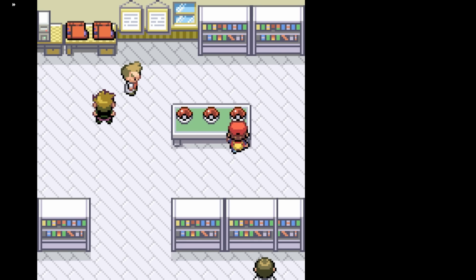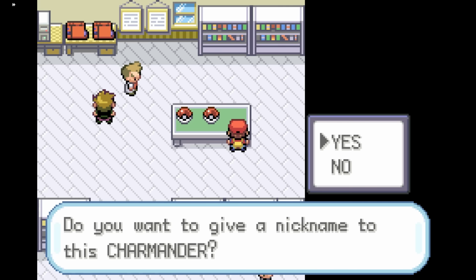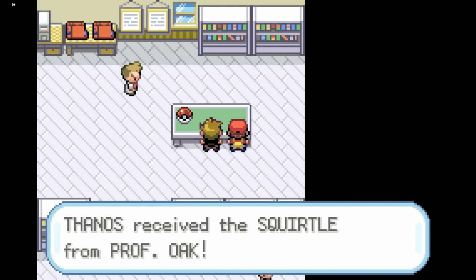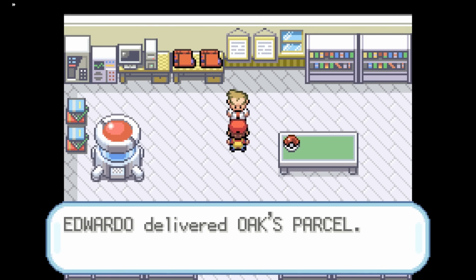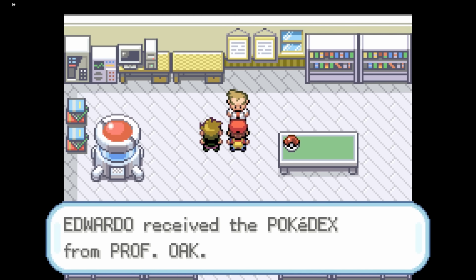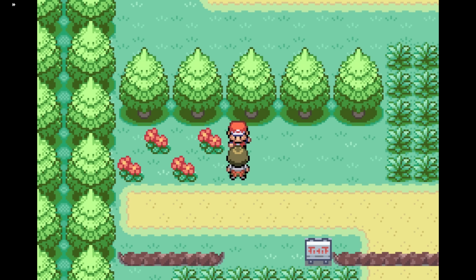We start out by picking Charmander so that our rival has Blastoise later on. It's tanky, and I believe it knows Blizzard in the final battle, so this should be the toughest option. After running an errand for Professor Oak and receiving a Pokédex and Pokéballs, we immediately head to Route 1 to